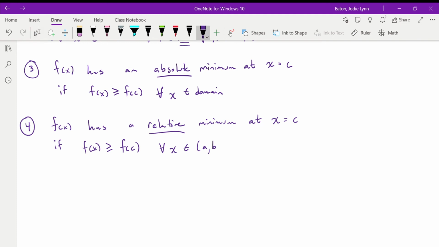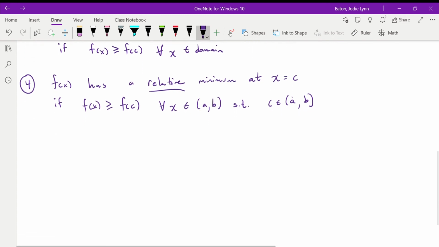So for all x an element of the open interval AB, such that c is in AB. So it doesn't actually matter what a and b are as long as c is in an open interval. And so x can be an element of any open interval around c, as long as there is some open interval AB. The key thing here is that we need to be able to draw an open interval, so if we're talking about a function that's defined on a closed interval, as we saw in our picture, endpoints